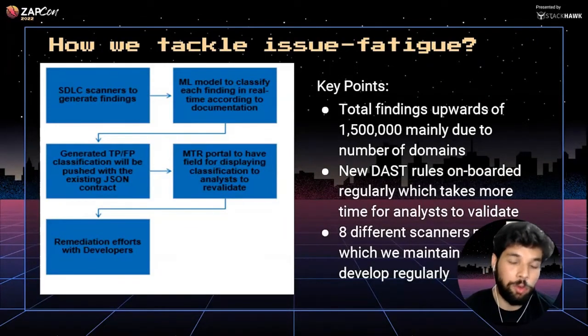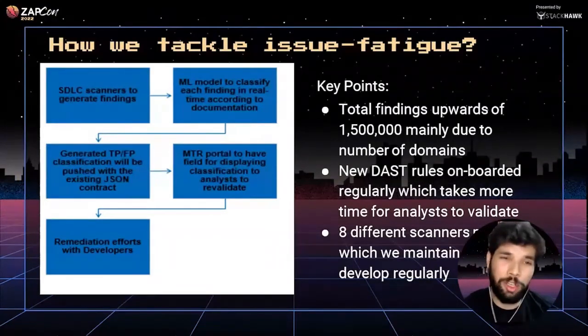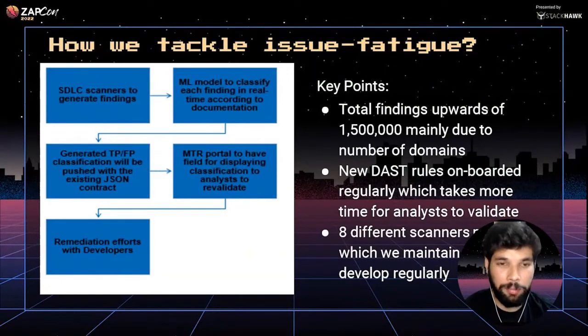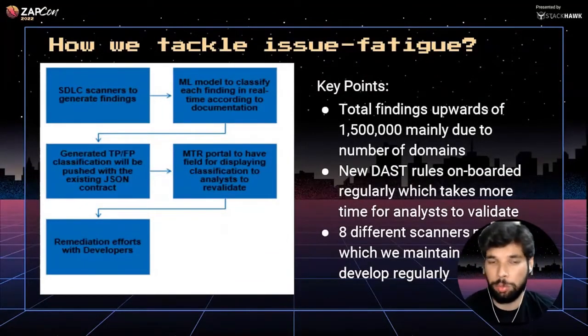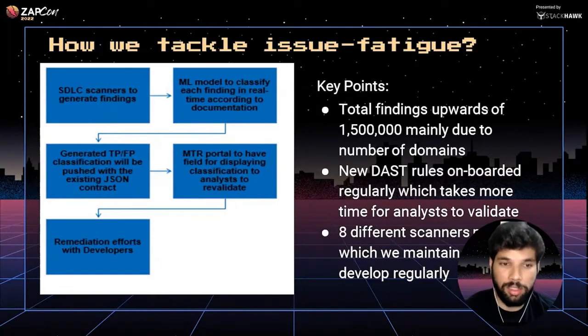And obviously you can mark them as false positive in the ZAP API itself. ZAP provides that, thankfully. But when you have so many new applications getting onboarded every week, and new APIs and new Swagger files that have to be onboarded on a weekly or monthly basis, you would rather focus your time on the actual security work, writing new rules, than validating false positives or getting the true positives out of your way, which you can confidently say are true positives. But obviously ML helped us in that a lot.